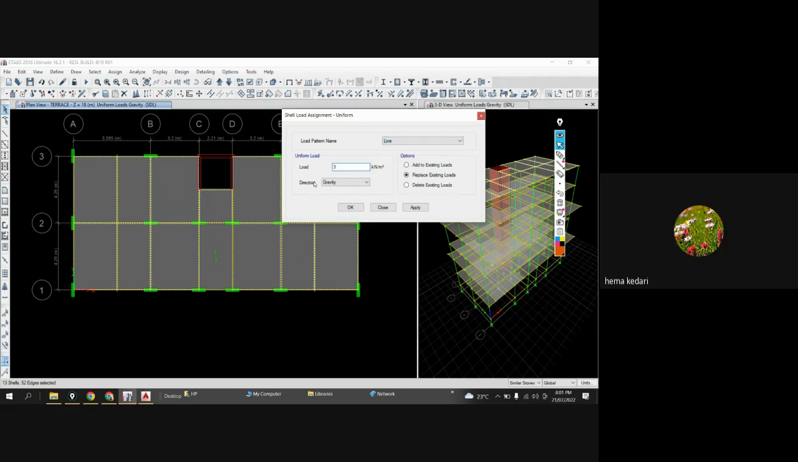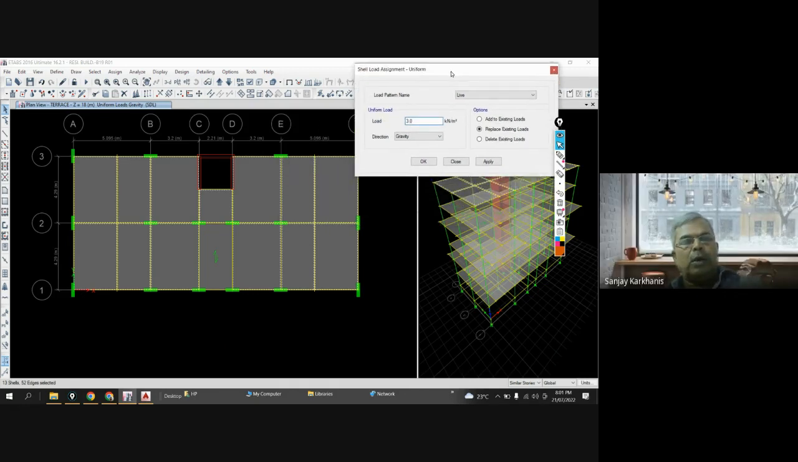The sooner you read the codal provisions, the better. No doubt I will be giving you all the important notes, but it is good to go through the codal provisions. Now, the live load for a normal residential building, if you are going for a terrace,